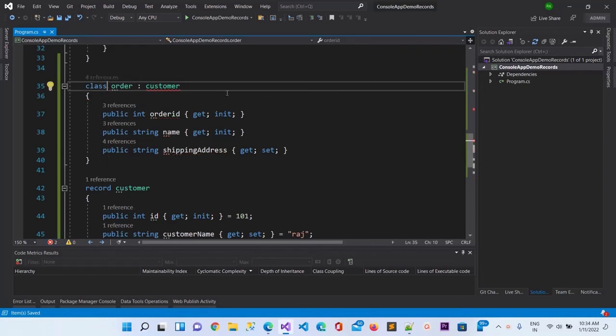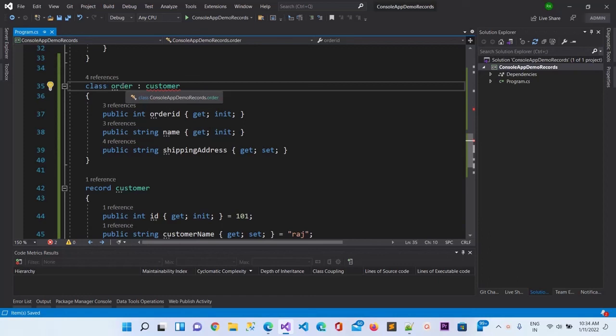And you can see here that only records may inherit from records. That means a class also cannot inherit a record. So it is a completely separate thing. Both class and records cannot inherit each other's properties. That's the simple thing.